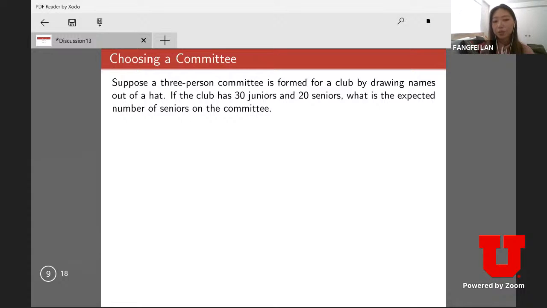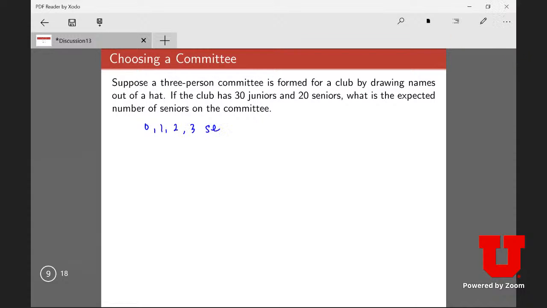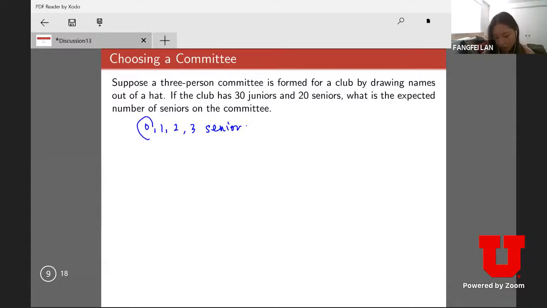So how many different numbers of seniors can we have? I think the first thing is always to think about the possibilities, how many different possible outcomes can we have. When we compute expected value, that's the first thing you should think about. You can have 1, 2, 3, or 0 seniors. Exactly. Although 0 seniors contributes nothing to the average, so we don't have to compute it in the expected value,